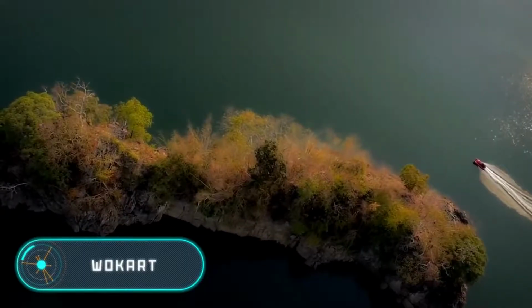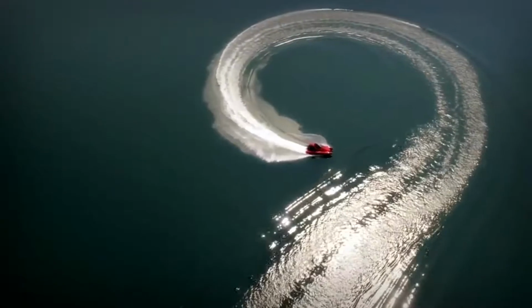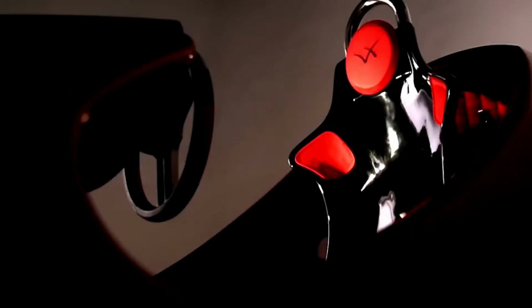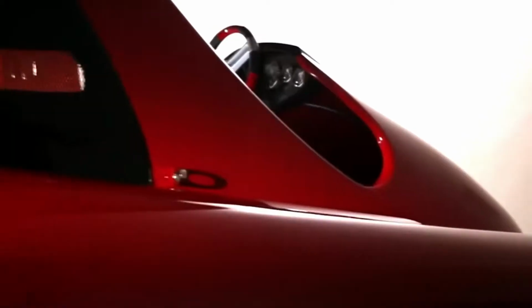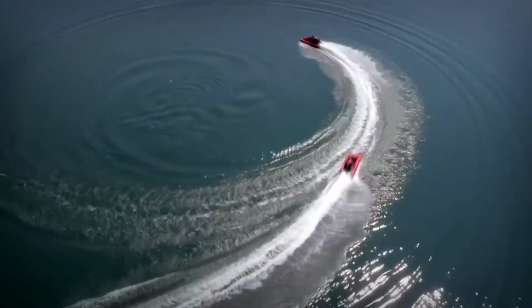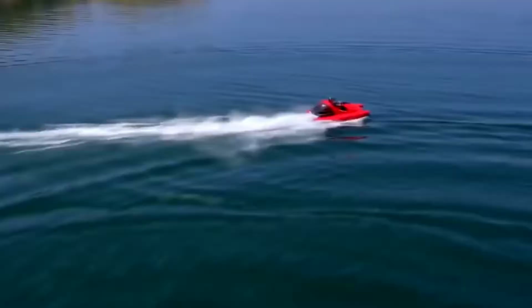This small ship for 2 people can reach a speed of 40 knots, that is 45 miles per hour. It's highly maneuverable, it can lift itself on top of the water and perform all kinds of sharp turns up to 90 degrees, even at high speeds. According to the developers, in 4 years of experimentation before the beginning of mass production, the ship didn't flip over